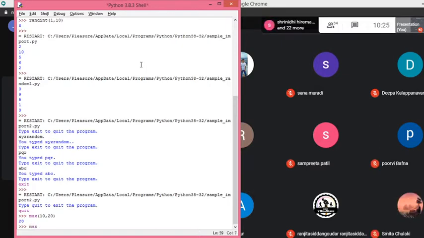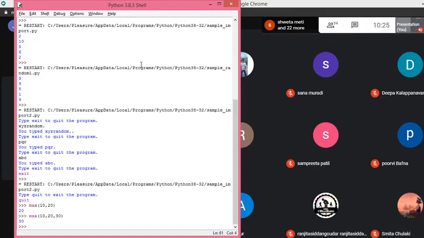See here now. I'll write 10, 20, 30, the same function name with 3 arguments. Now what is it showing? 30. So when I send 2 arguments, it works for 2 arguments and produces the output from the 2 inputs. When I pass 3, it finds the maximum out of the 3 numbers. But you already wrote a program using an if else statement for 2 numbers. Does that program work for 3 numbers?